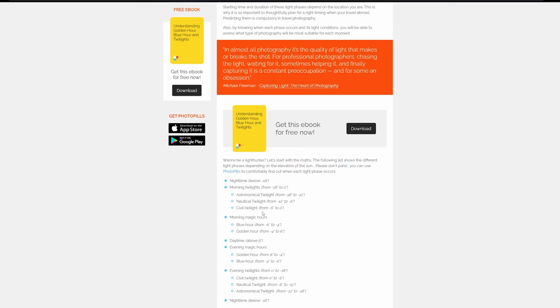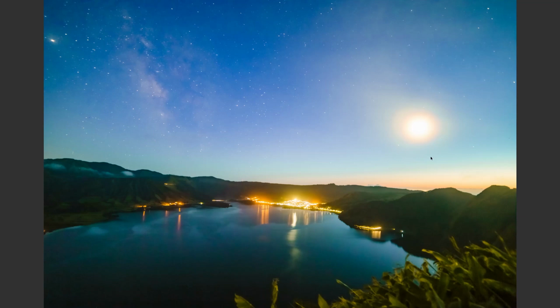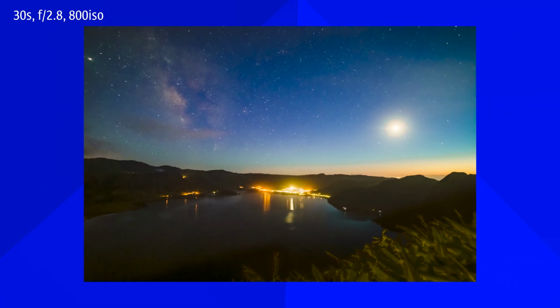In our case, although I arrived a little bit late, I was lucky enough to have some help from the moon. This is not the sun, this is the moon, and the moon is casting a little bit of shadow, for example here on this mountain, and it has a little bit more light over here. So there we go, let me show you the picture. You can see that the Milky Way is already creeping out over here,